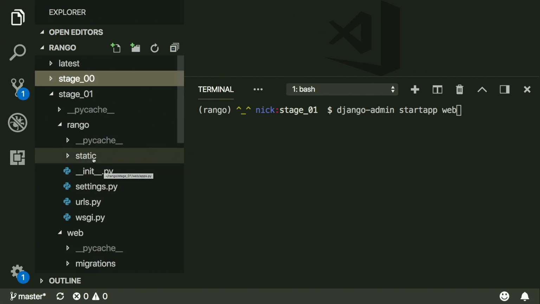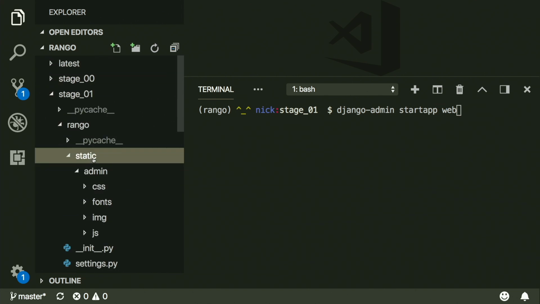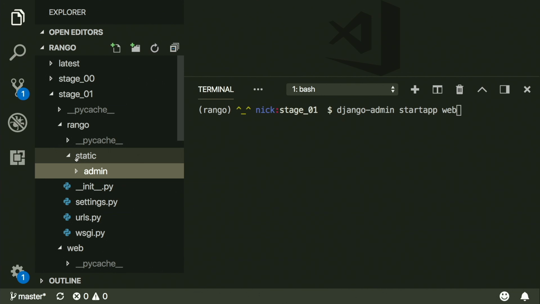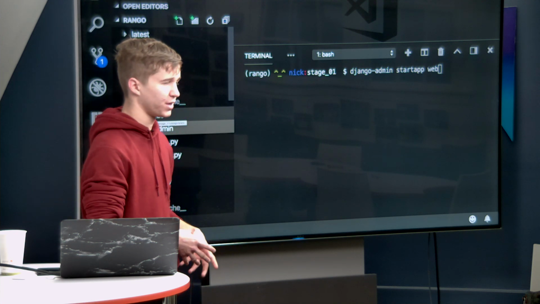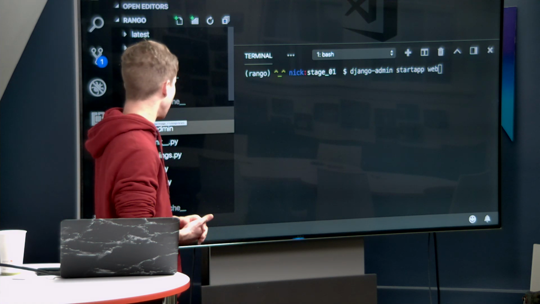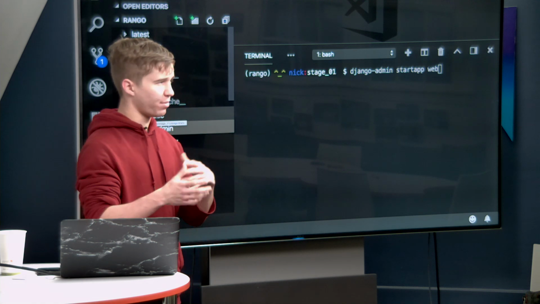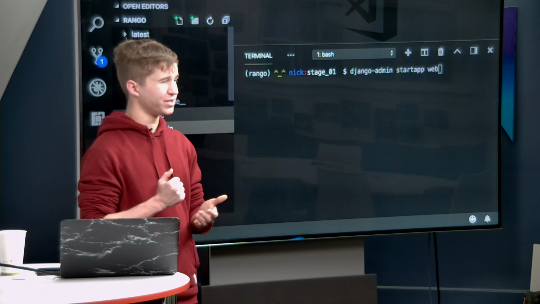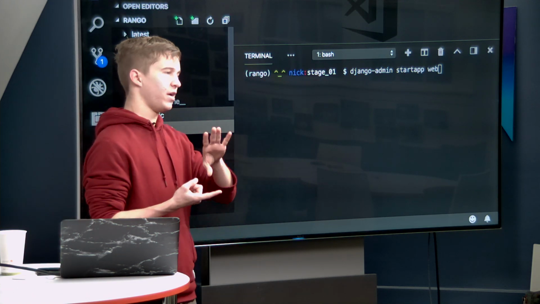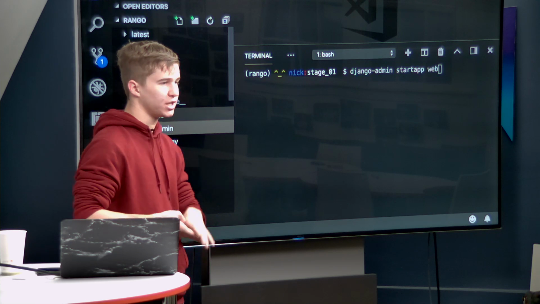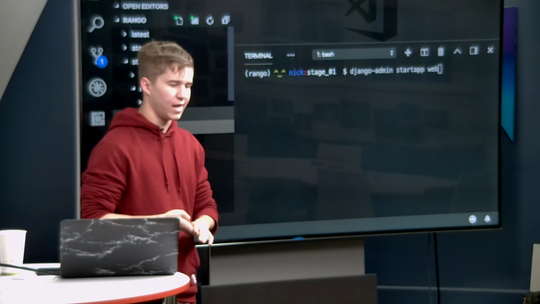Let's start with static. Django has a built-in system for static files, and static files can be kind of notoriously annoying and difficult to configure. I'll do my best to explain them here, but honestly, it's worth playing around with it and really getting an intuition yourself. Static is what refers to all sorts of JavaScript, fonts, images, CSS